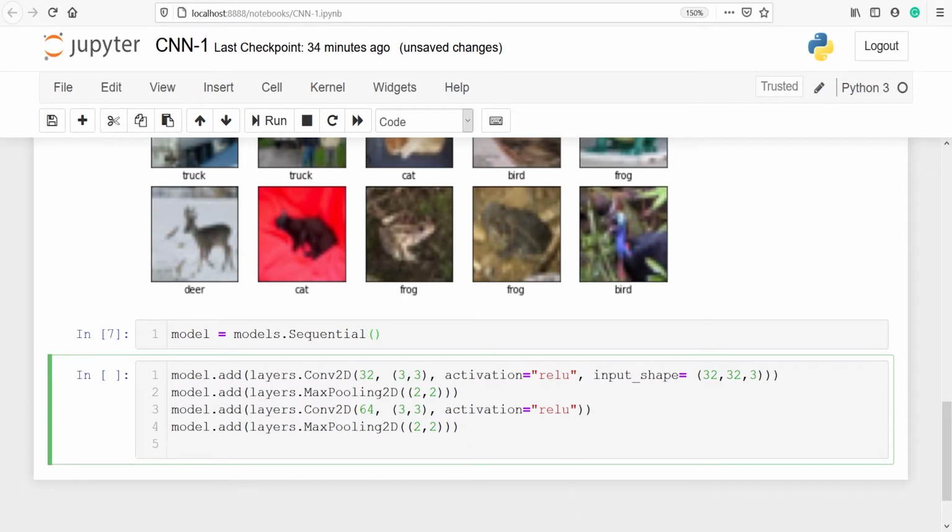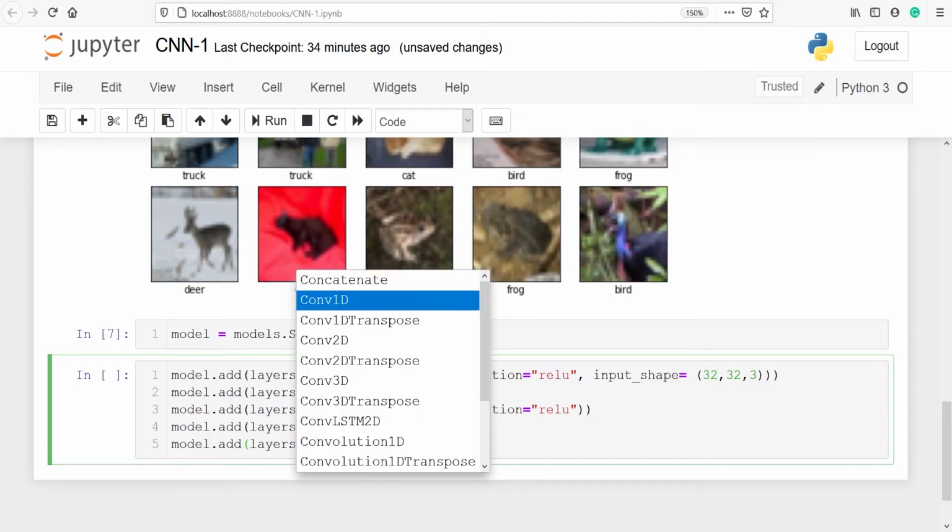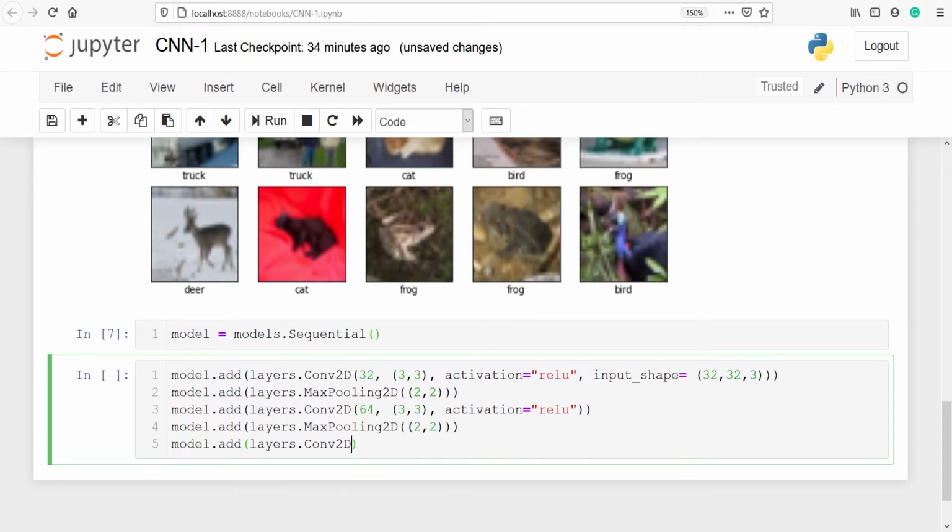Then we will add one more layer, model.add layers.Conv2D 64, 3 by 3. Activation will be ReLU.